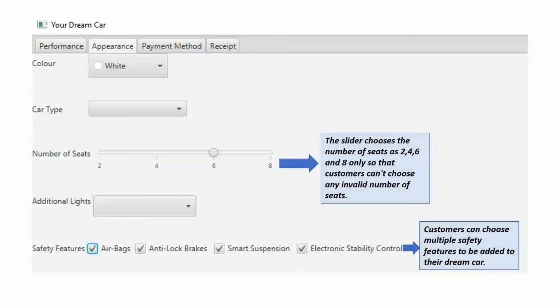For the number of seats, they can only choose an even number of seats to a maximum of 8. The slider is set so that it's always going to fit to scale. It might sound a bit weird that you can customize your car however you like, so that you can also choose the limousine with 2 seats or a sedan with 6 seats. I know it sounds awkward, but as the name suggests, it's your dream car and you can do whatever you